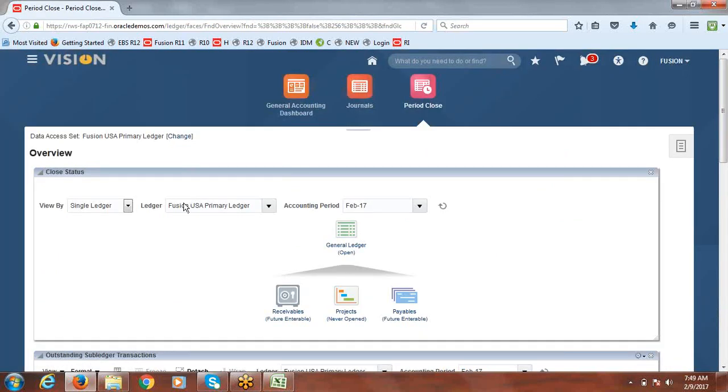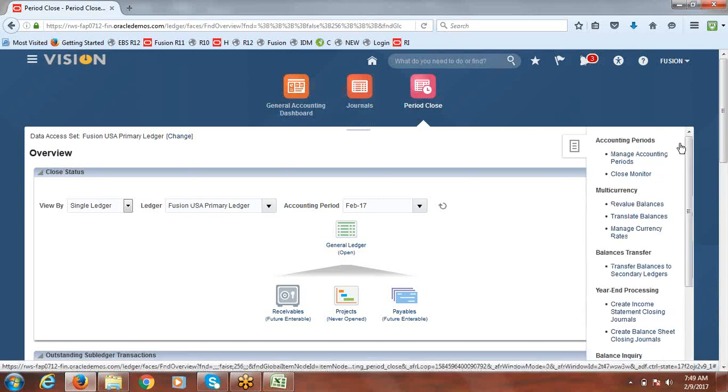We know we do this translation as a period end activity. That is the reason they gave that function as part of the period close task. Go to the task panel, just make sure that the period is open. So now here we have a task called translate balances. Click on this task.